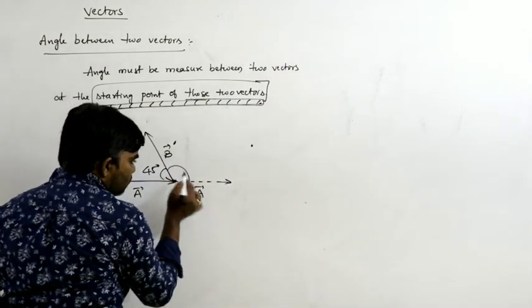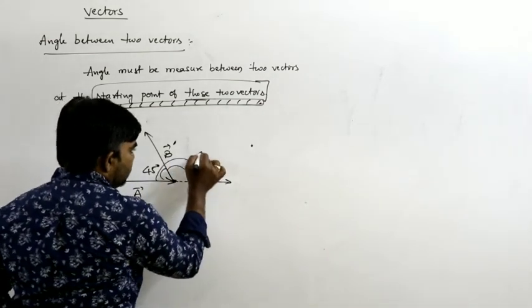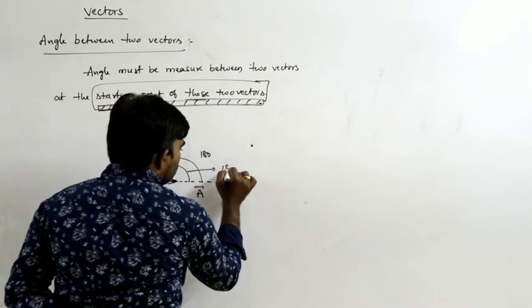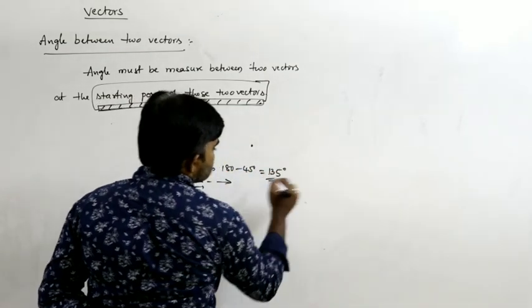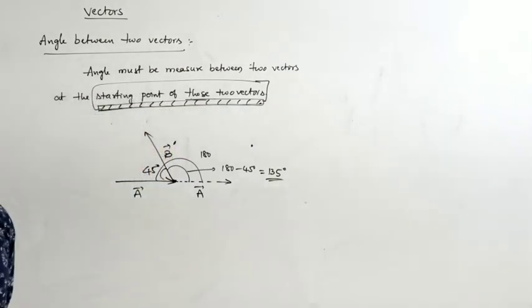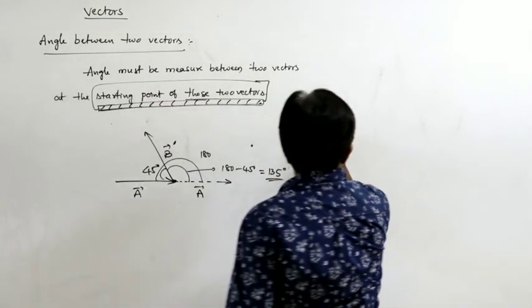Now here we have to find out the angle. This total angle is 180. Here this angle is 180 minus 45, so that is equal to 135 degrees. So this is the way to find out the angle. See here, and one more thing is,